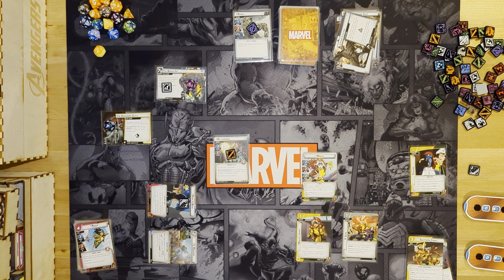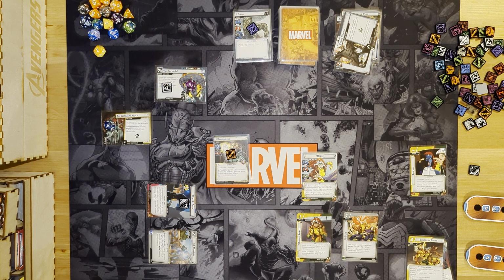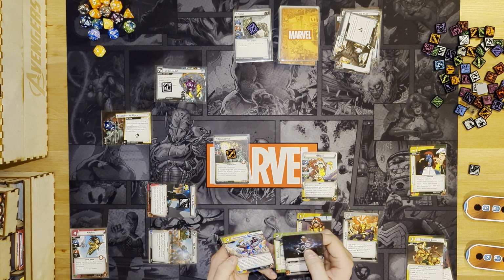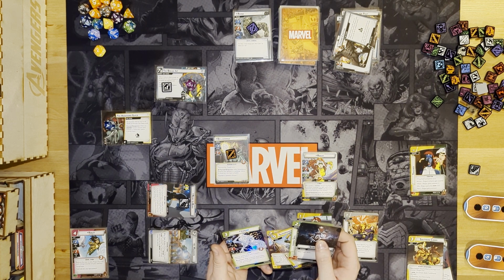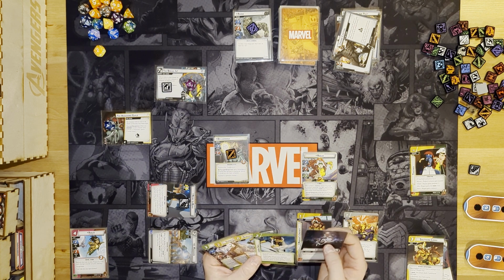Let's see what we're going with here. Okay. Interesting. We've got some interesting choices here with Rogue. So we know that we want to kind of get rid of Belladonna or do the 4 threat off of the Assassin's Guild. So, see, Iceman would have been cool to have in then. So we are actually going to use...